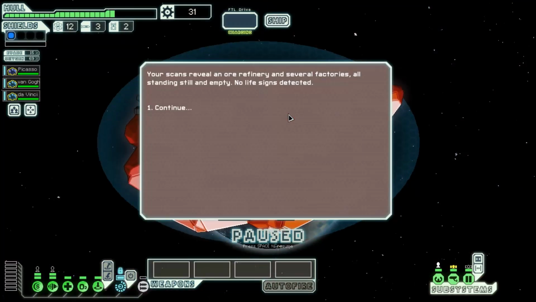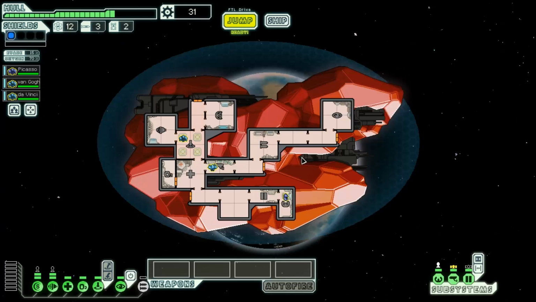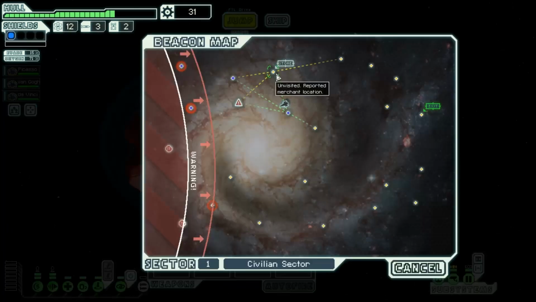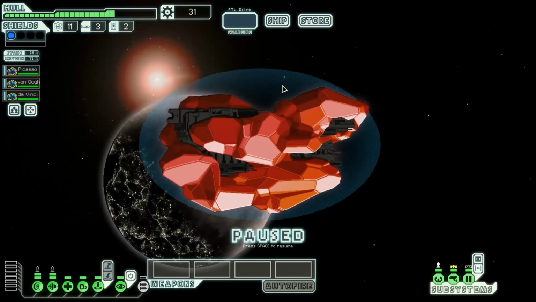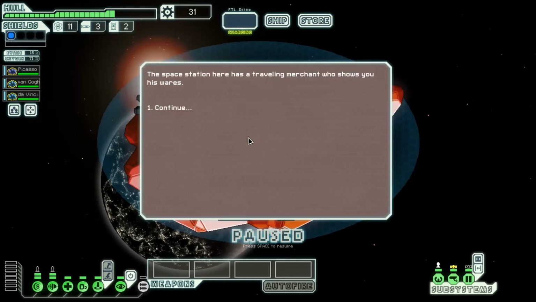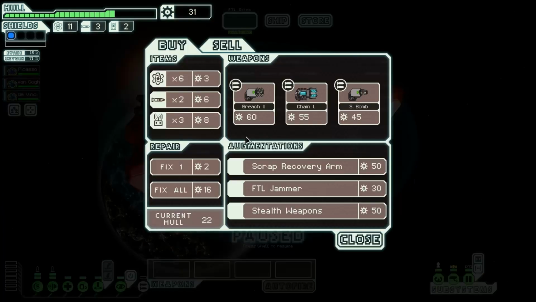Your scans reveal an ore refinery and several factories, all standing still and empty. No life signs are detected. Oh, that was a nothing event, okay. I guess we better check out the store, see what we've got for Leone. The space station here has a travelling merchant who shows you his wares, and he has...